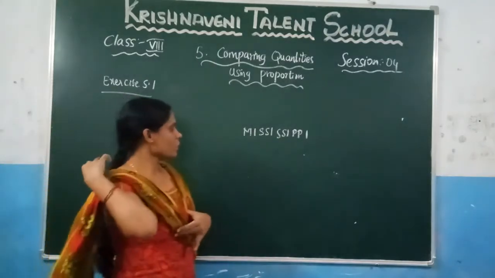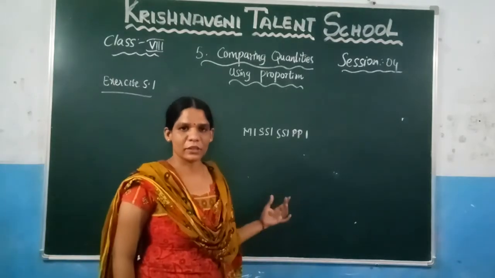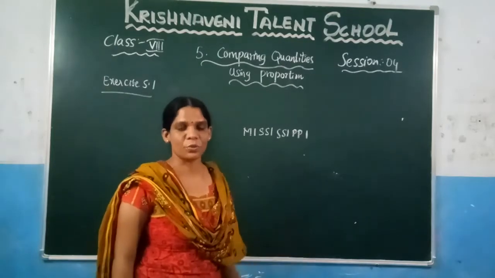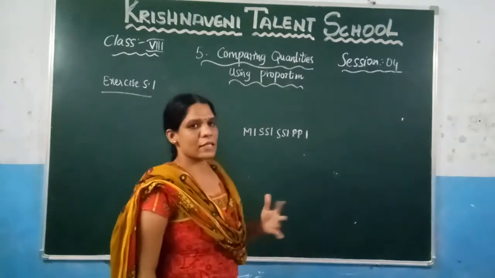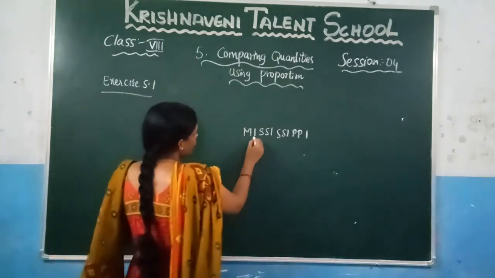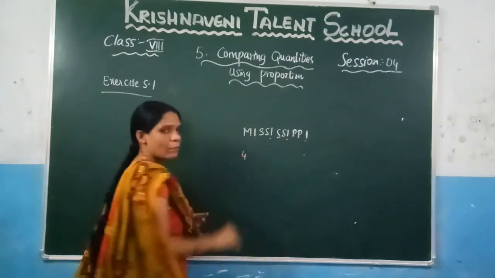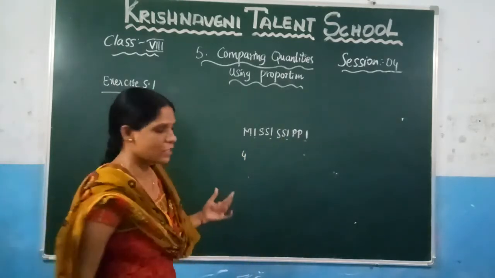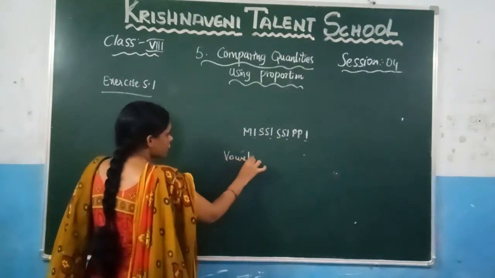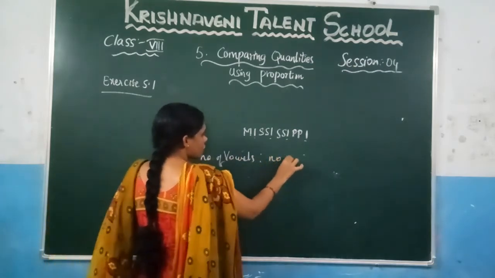Right? Here, what is the meaning of vowels? We know that in English alphabets there are 5 vowels, which are A, E, I, O, U. Let us check here whether any vowels are there. Here you can observe how many vowels are there: 1, 2, 3, 4. These are the number of vowels. What they ask in the question is to find the ratio of the number of vowels to the number of consonants.